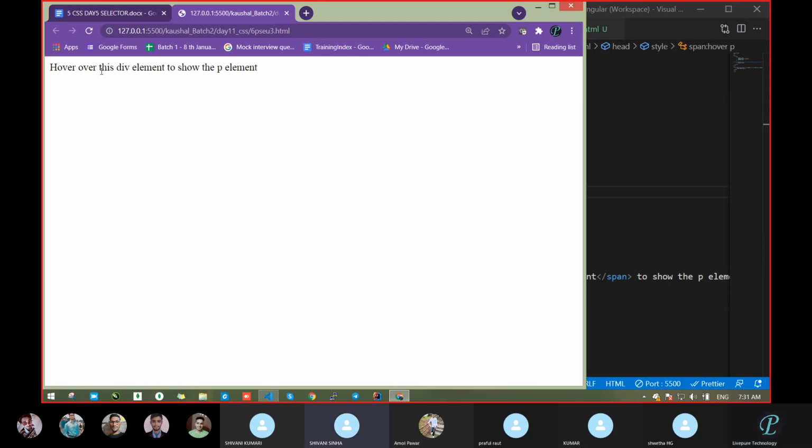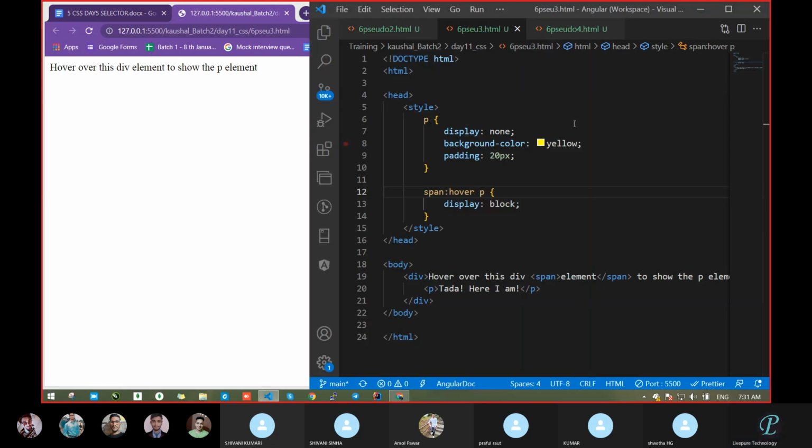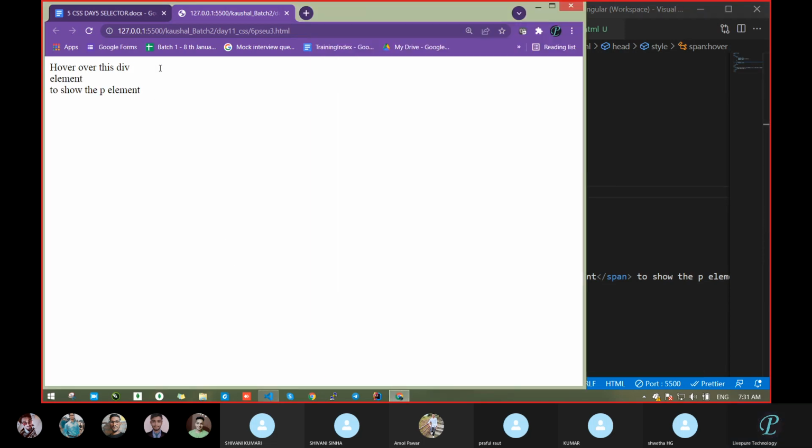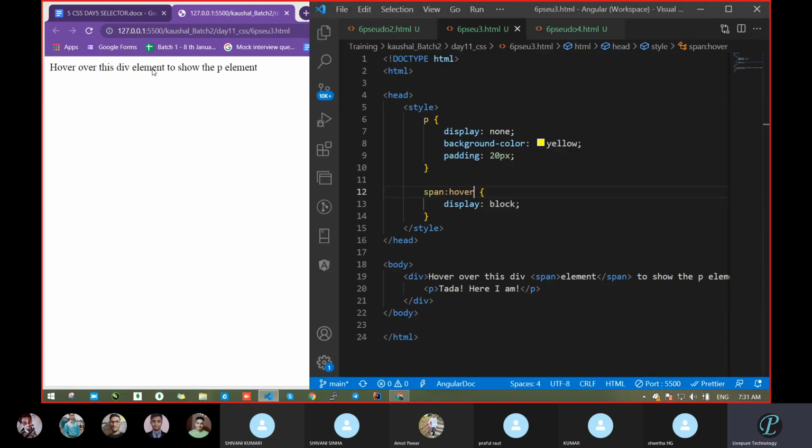Which element? No, it's not working, because P is not the child relation. That is the thing. Let's see here. Oh, what happened? It shows the P element; it had broken that into another.